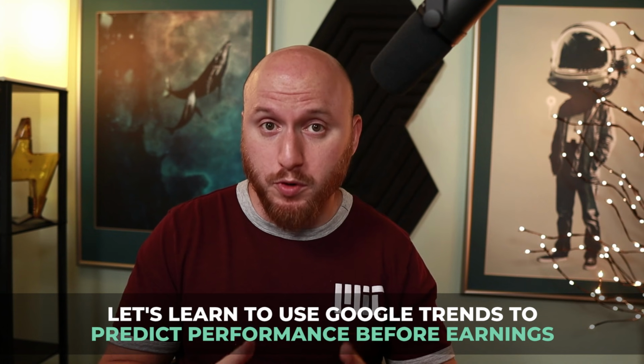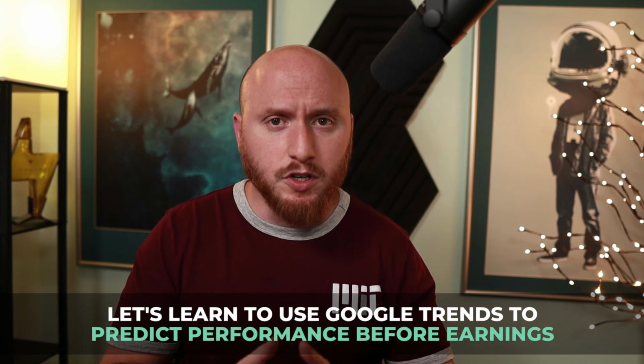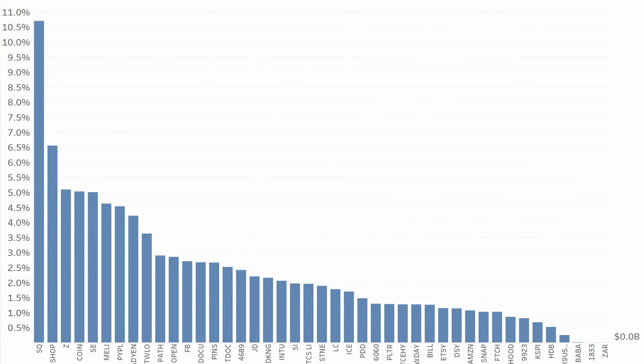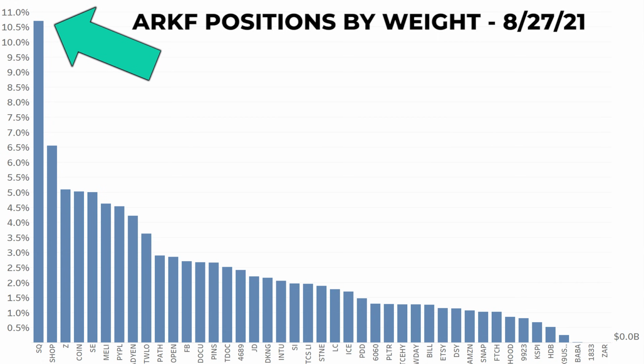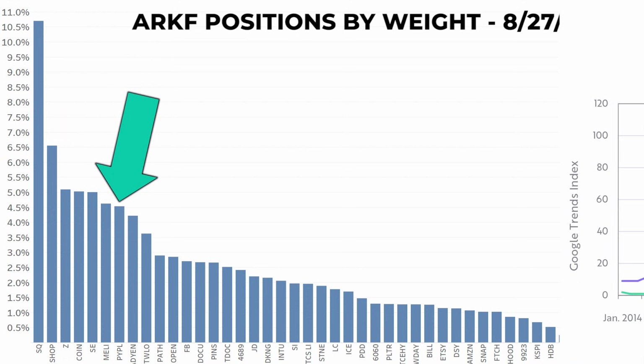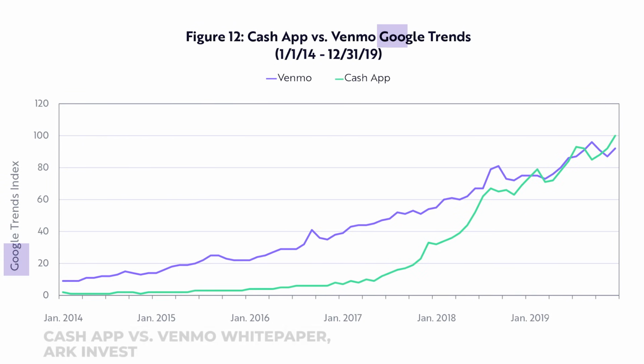ARK Invest does this pretty often in their research. Take a look at ARKF, ARK Invest's FinTech Innovation Fund. See how Square is Cathie Wood's biggest position here, and it's over 10% of the fund by weight, while PayPal is in 7th? That's actually because of a few things that they spotted in Google Trends, like where the search interest for Square's Cash App was growing the fastest, and the rising search interest for Cash App relative to the